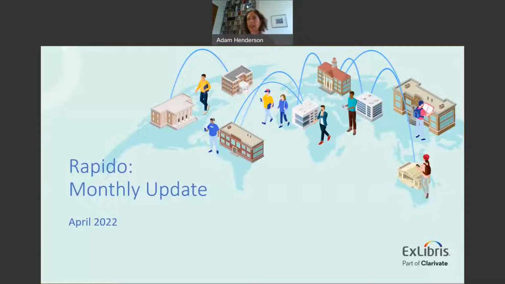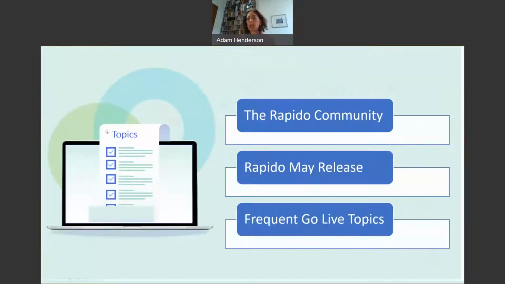for this month's session for our monthly Rapido update. And what we will be covering today is, as we always try to cover the Rapido community, I want to give a glance to the Rapido May release and also talk a little bit about frequent go live topics which we've stumbled upon. And as always, they might not be relevant for everyone here, since we have a combination of